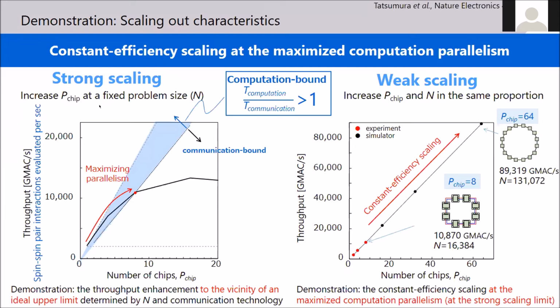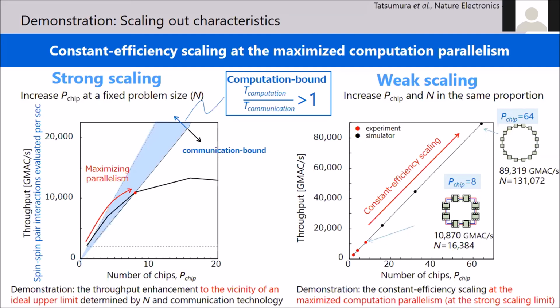For a fixed problem size, we can maximize the computational throughput by increasing the cluster size under an ideal upper limit determined by the problem size and communication problem. By minimizing the communication overhead with the autonomous synchronization mechanism, we have confirmed the throughput enhancement to the vicinity of the ideal upper limit. The right figure shows the weak scaling characteristic, where we increase both the number of chips and